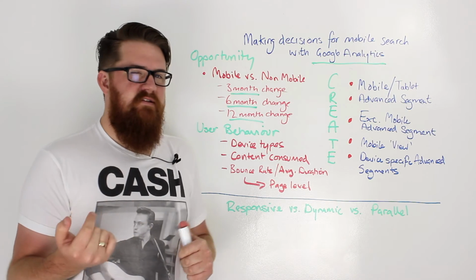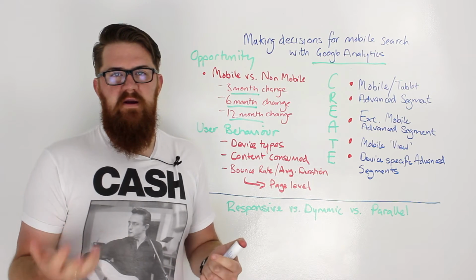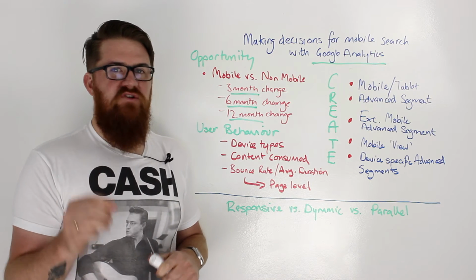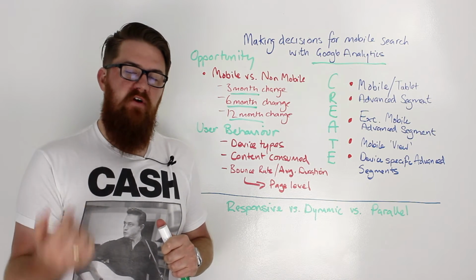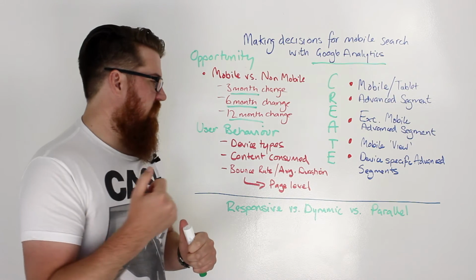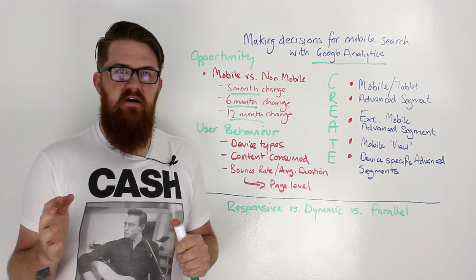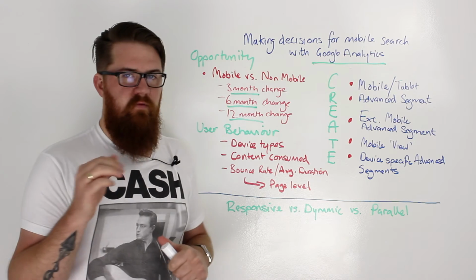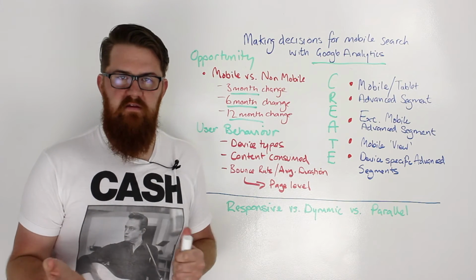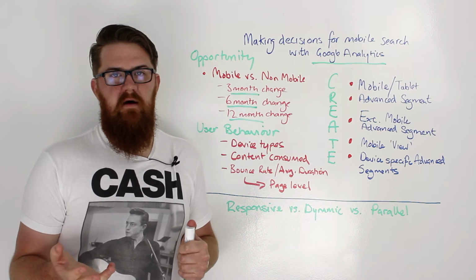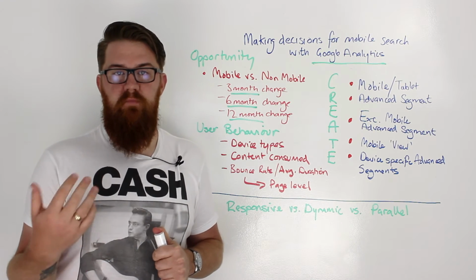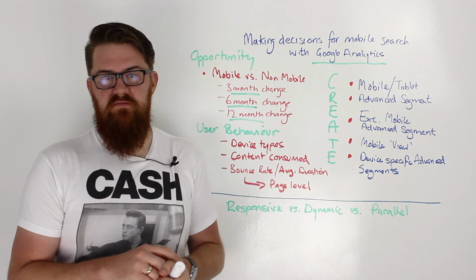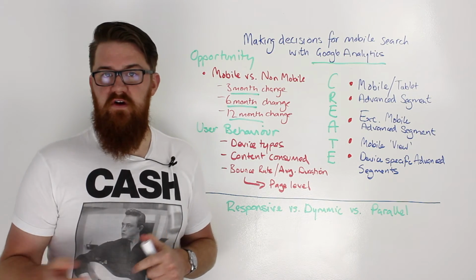The other types of things to look at is you'll have your money pages, you'll have the pages that you know are very popular on the site. Is that true with mobile devices? Is it true that there are no other pages that are randomly getting lots and lots of interaction? The rule of thumb really through this is not to assume anything, because until you've got the data to back it up, it's just a gut feeling, and you're potentially going to be missing out on either extra user sessions or even worse, conversions as well.